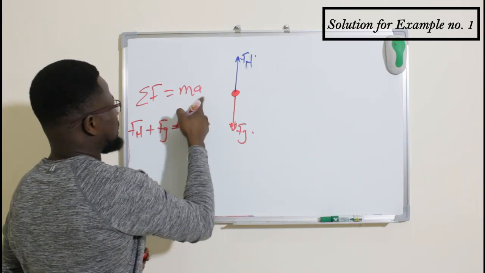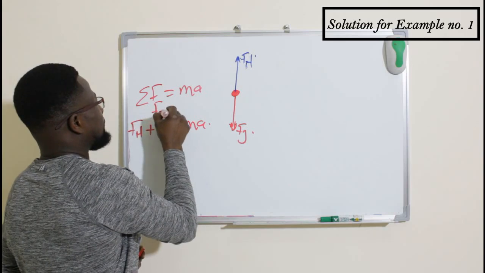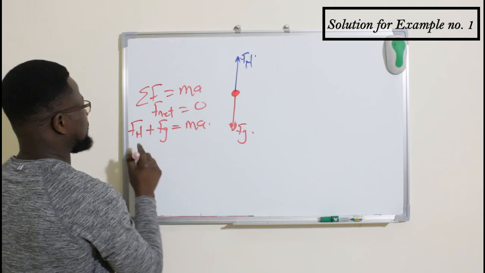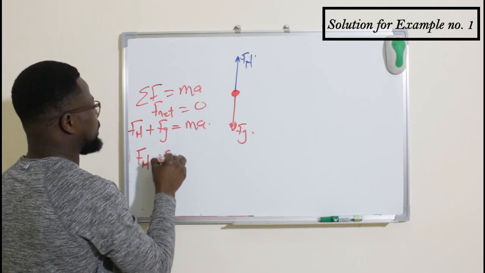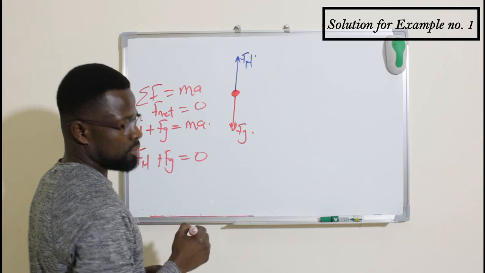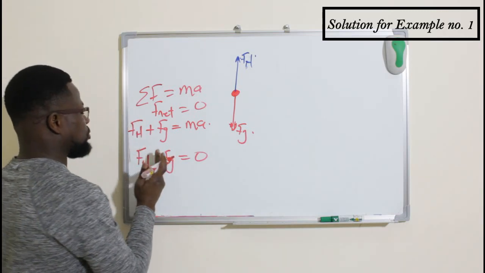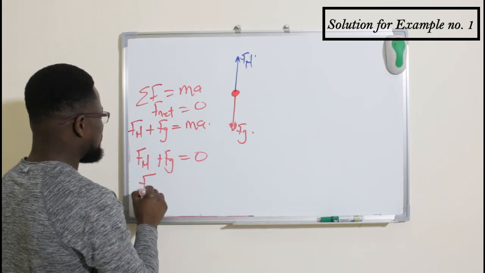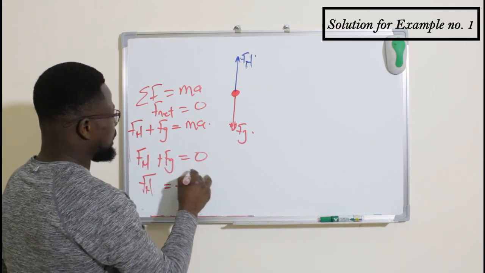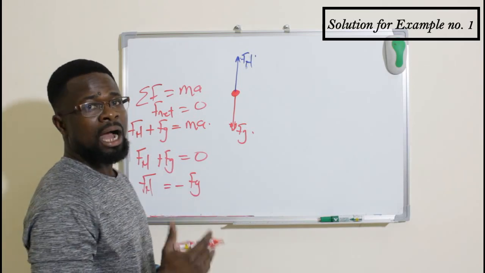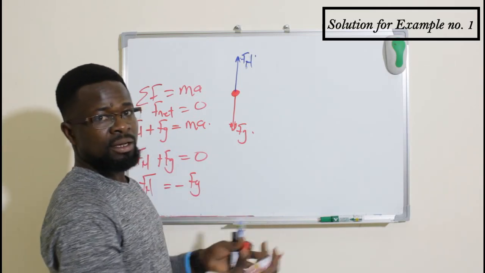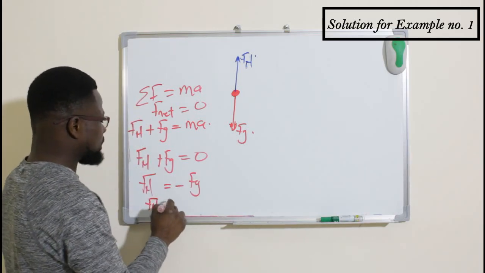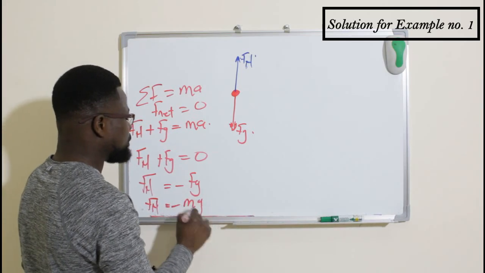And remember we said our F net here is equal to 0, because it is not moving. So if it is equal to 0, I will transpose Fg, which is the weight, to the other side and have F net being equal to negative Fg. That is according to Newton's third law. And from this point now, we can say the normal force is equal to negative mg,